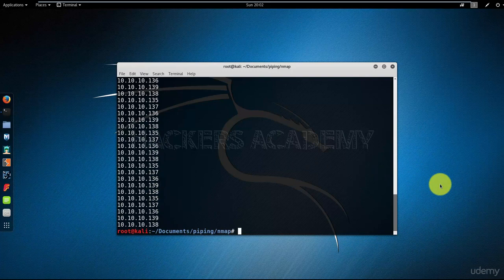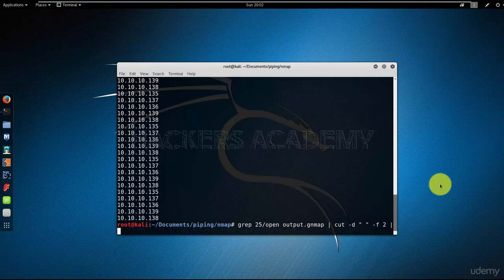Maybe my output got messed up, maybe I saved it wrongly, it doesn't matter. What I want to do right now is I want to sort this list and I want to remove all the duplicate entries. So I'm going to reuse the same command and I'm going to use yet another pipe. So now I have the output from the grep command piped into cut. Cut will do its thing on it, and then it will produce the output that we just saw on the screen. That output, I'm going to take it and I'm going to pipe it into a third command,